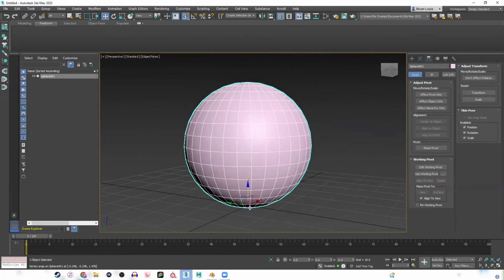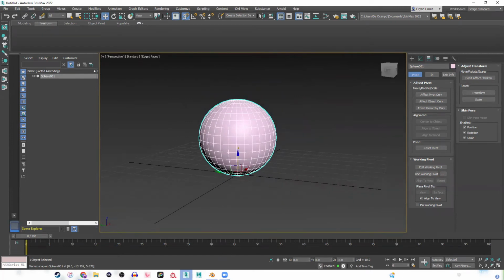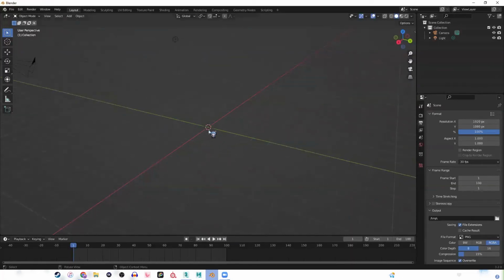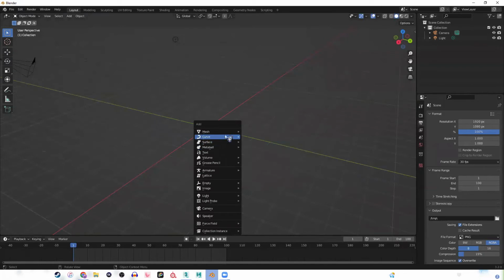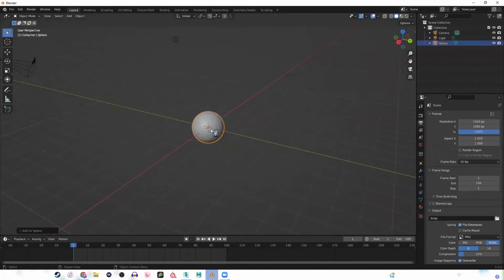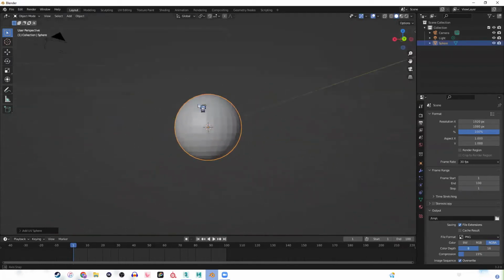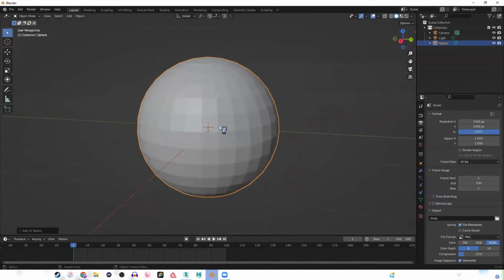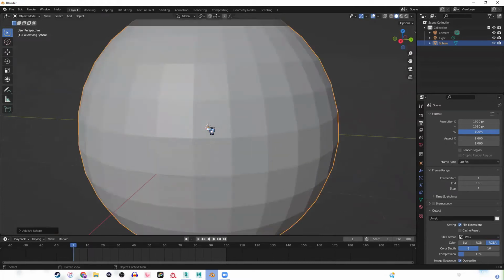Good na yung ball natin, no? Now, paano naman sa Blender? Paano natin i-change yung pivot natin? So gamitin natin, let's do it again with the UV sphere naman. So, ganun din, same case lang rin natin dito. Ang tawag lang natin sa Blender, instead na pivot point, ang tawag natin dyan is origin. So, yung origin natin